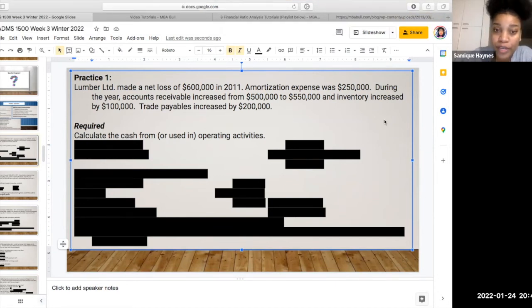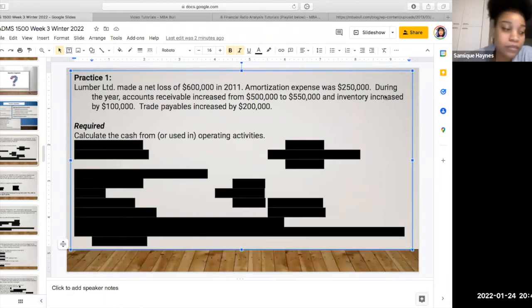Anyone has an answer for operating activities? They made a net loss of $600,000 in 2011. Trades payable is accounts payable. Net loss has nothing to do with just cash. Net loss comes from your income statement. So when they did their revenues less expenses, there were more expenses than revenues, and so there's a net loss. Now you're going to have the net loss figure and you're going to have to work through it using the information we learned so far to figure out what your cash from or used in operating activities would be. Depreciation, you have to add it back. Depreciation is the value being lost in the long-term asset,